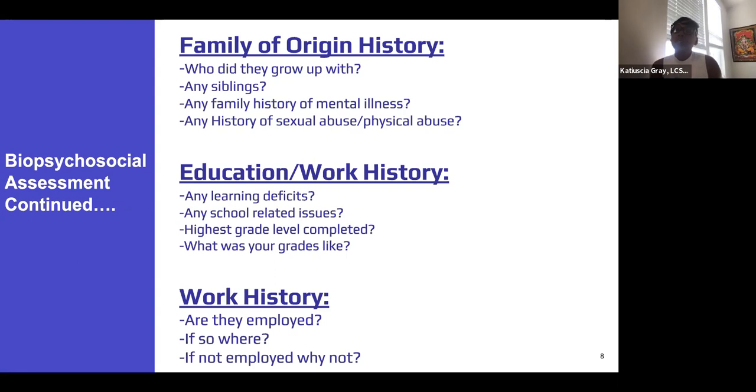Was the family emotionally available for them? And how we phrased that was, tell me a little bit about your mom and dad. Were they huggers? Were they kissers? Would they say, I love you? Would they give you hugs? Did they pay attention to you when you were home? All super important questions.